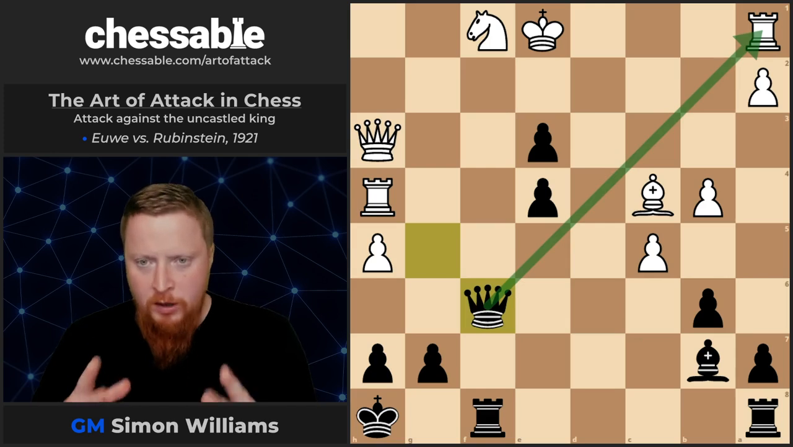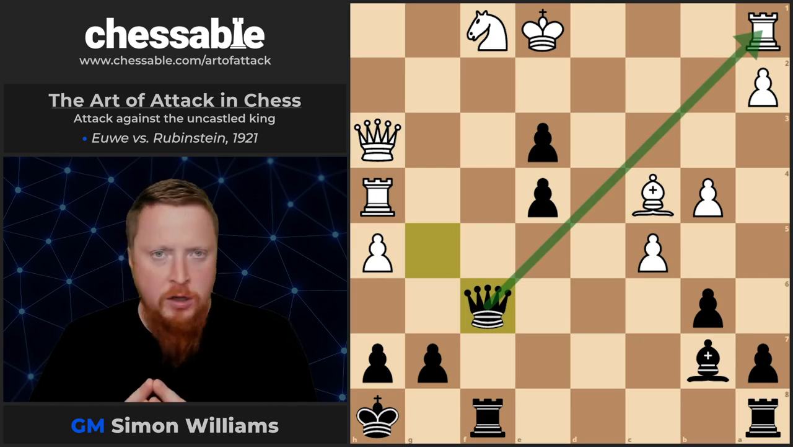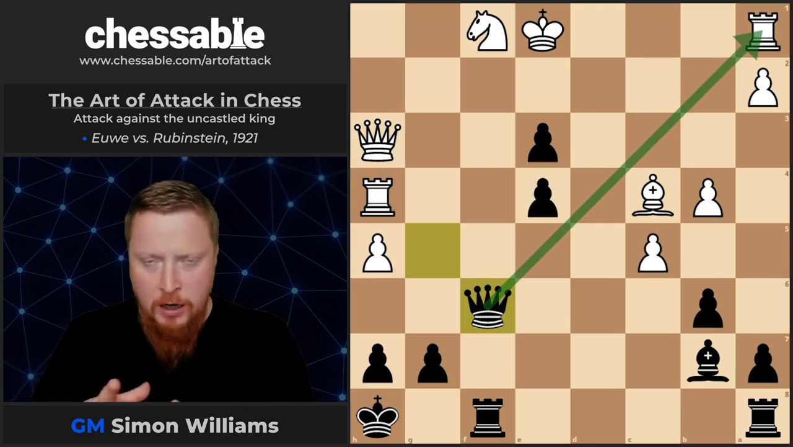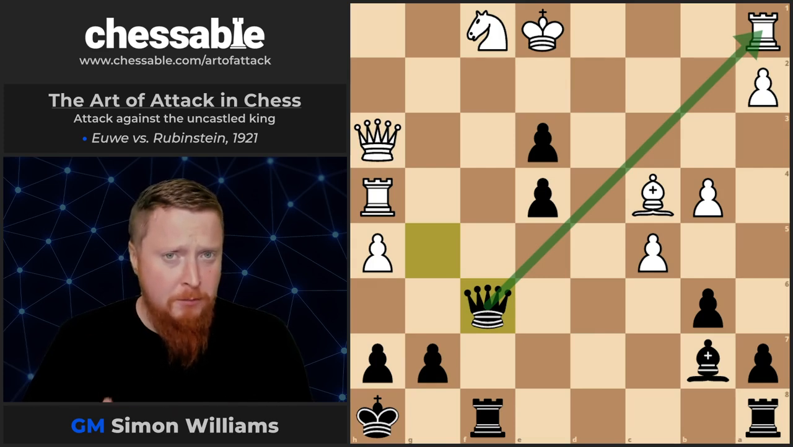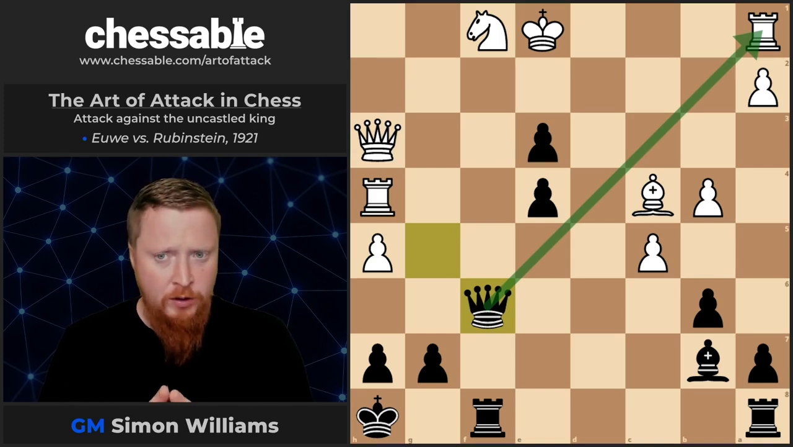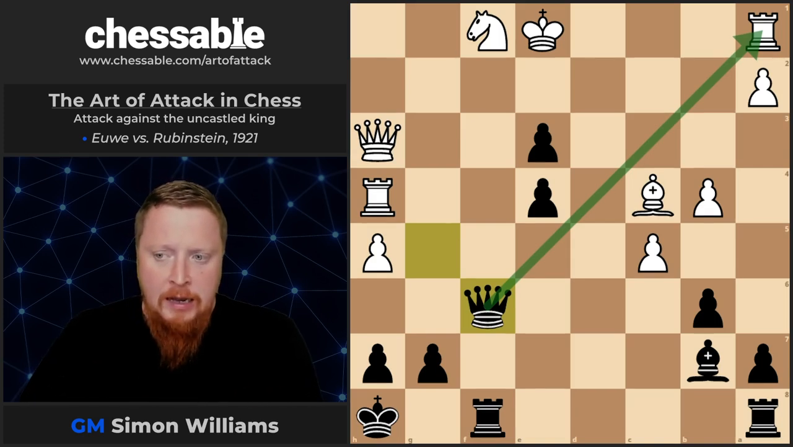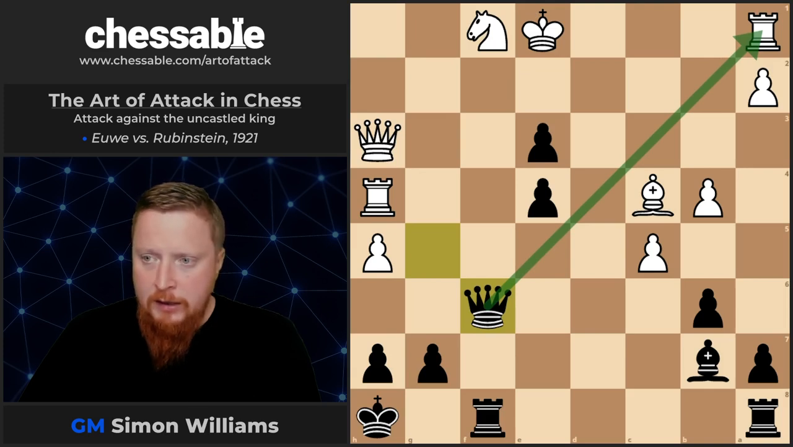And this is something you really must do in your own games. Make sure you don't get carried away with one edge. You can transform it. Bobby Fischer was maybe the most famous player who transformed advantages in one form to another. And this is something you really have to look out for. And it's clear to see in this position,